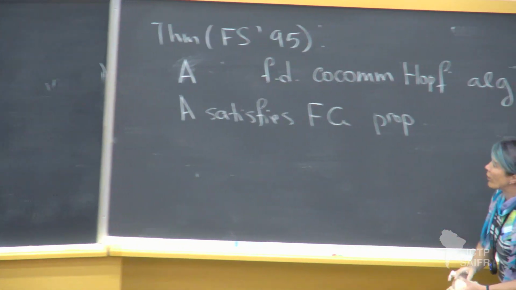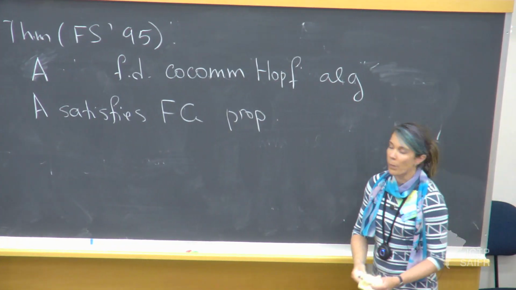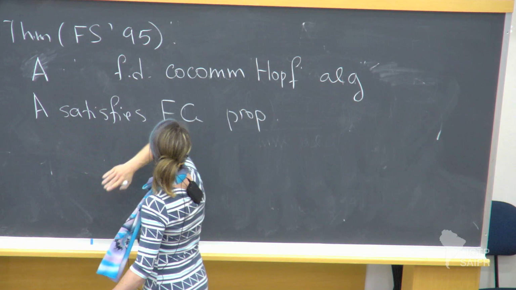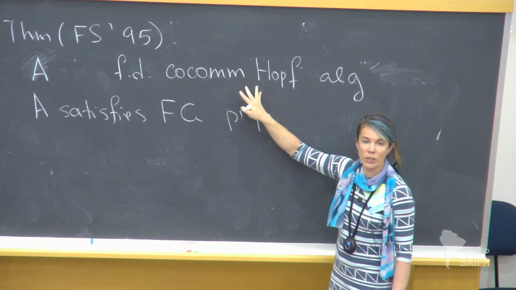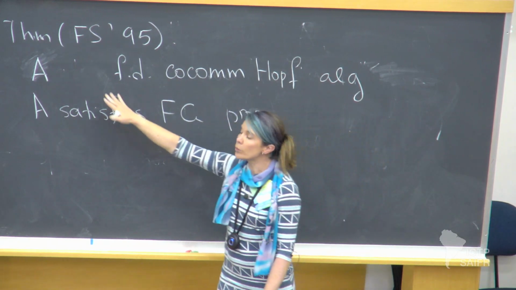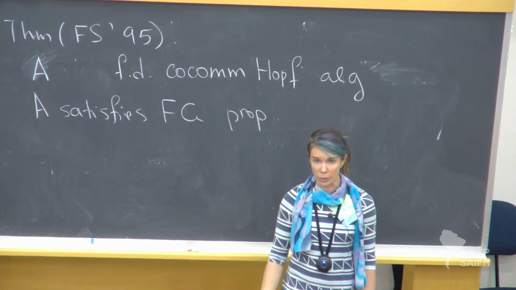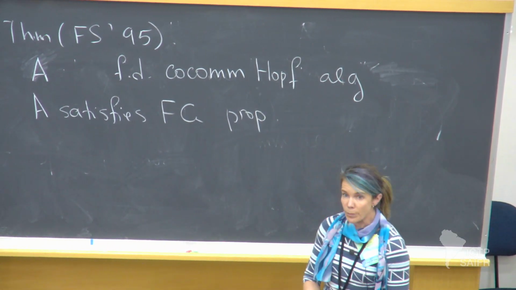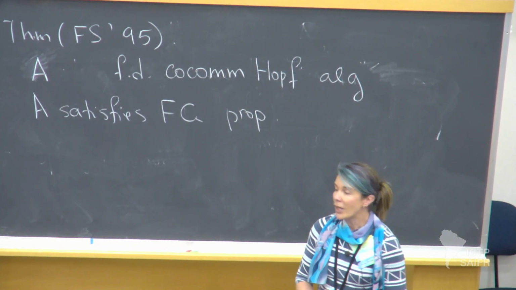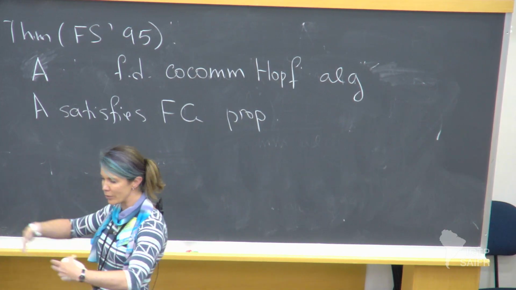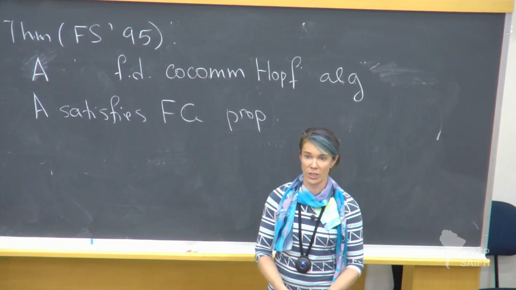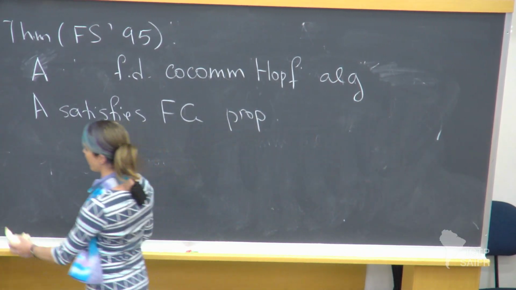One can learn a lot reading this paper. But somehow the main point is that cocommutative allows you to use a lot of geometric methods, because cocommutativity tells you that the dual to this thing is a coordinate algebra of a group scheme. And you work with that group scheme to prove the theorem. And this is what we don't have once we move beyond the cocommutative condition. We don't have the geometric methods.